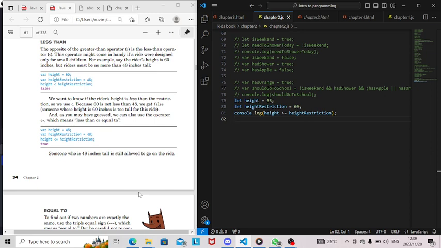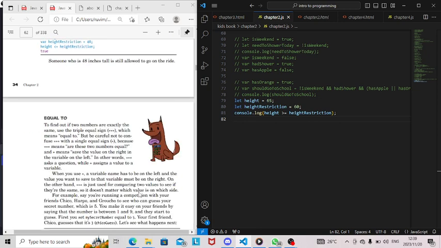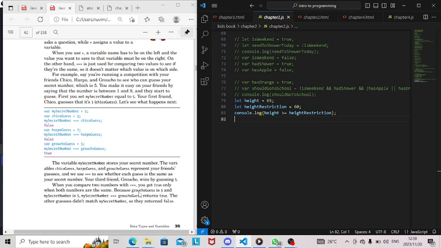So now we are doing the opposite of the first one. Now we want someone who's 48 going down. If we say 48 going down and then we don't use less than or equals, we're no longer going to get people who are 48 centimeters tall. We're only going to get people who are 47 going down. So for this to be convenient, we have to use less than or equals to the height restriction. Then people who are 48 centimeters tall can get into the ride. Now